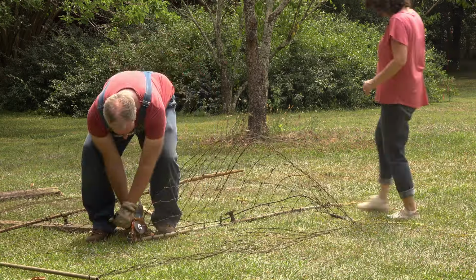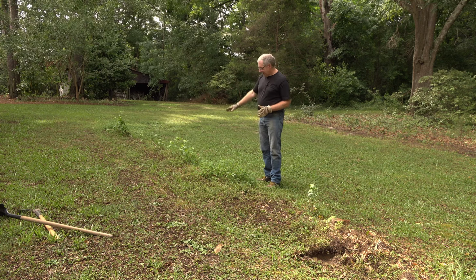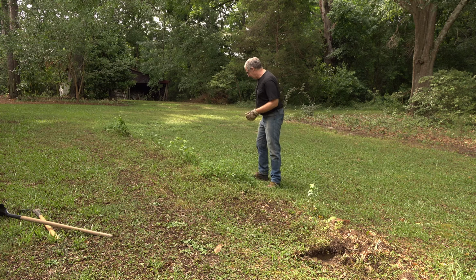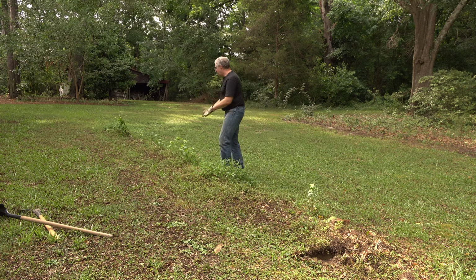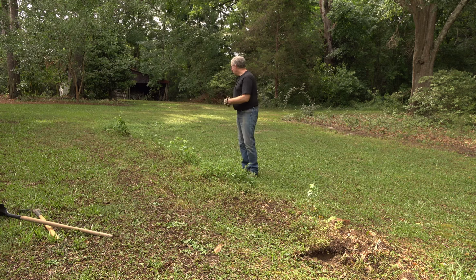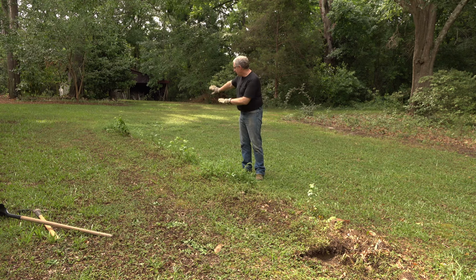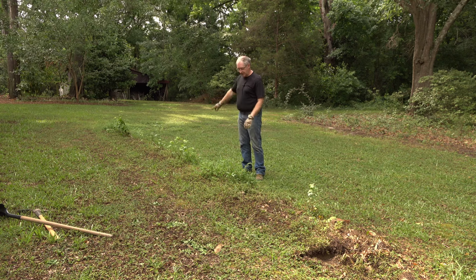It's a delightfully cool, cloudy morning, and the wind is blowing. This is every man's dream. At least this man's dream. We took that whole fence thing out yesterday, and you can see the aftermath of it. There's a big hump right here where it hasn't been mowed and soil's kind of collected up over the years. So what we're going to do is we'll bring the tractor up here later on. We'll see if we can't regrade this just a little bit and at least cut down what we have here